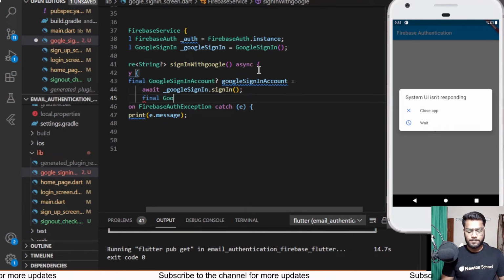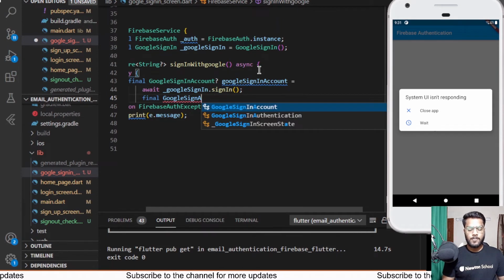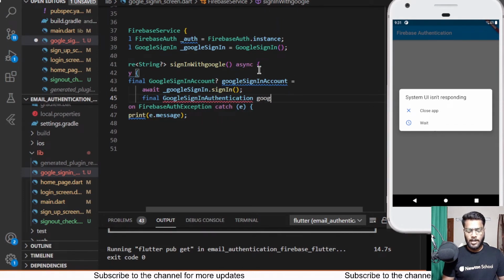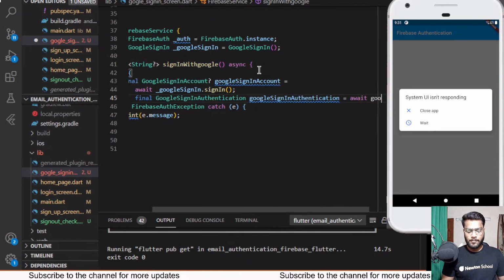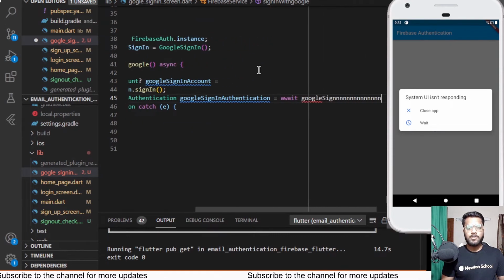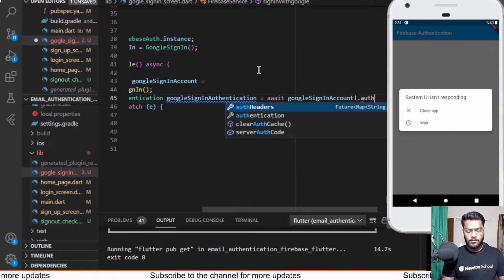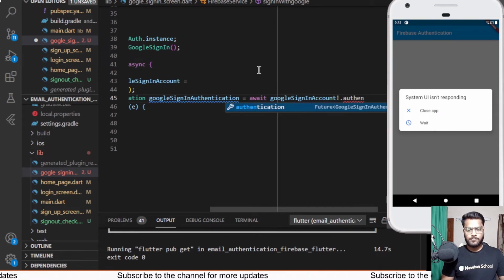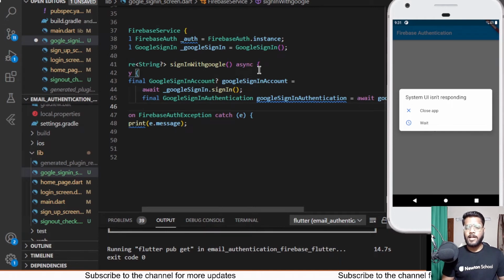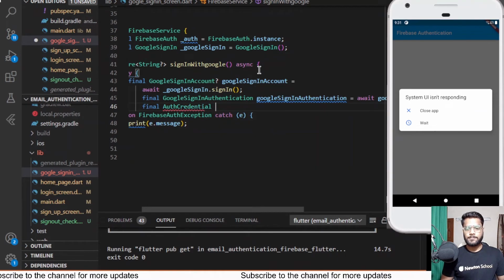So final GoogleSignInAuthentication, having the same name, will be awaiting googleSignInAccount, that's the thing we created above. So googleSignInAccount, with a null check, dot authentication. And after that we'll have the credentials from the auth credentials. So final AuthCredential will be equal to